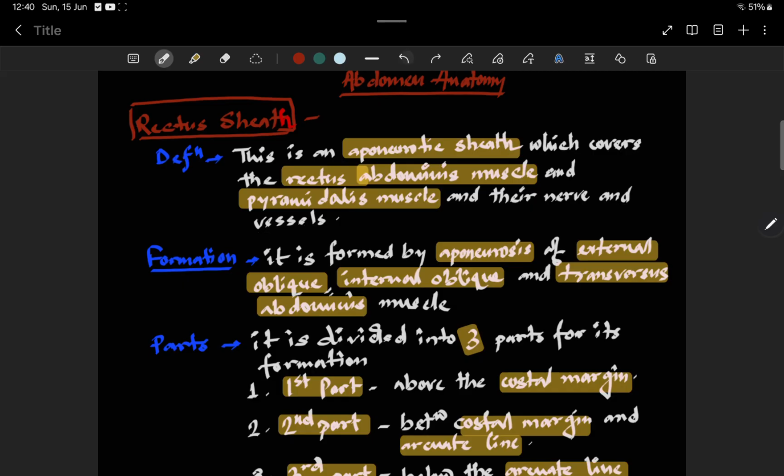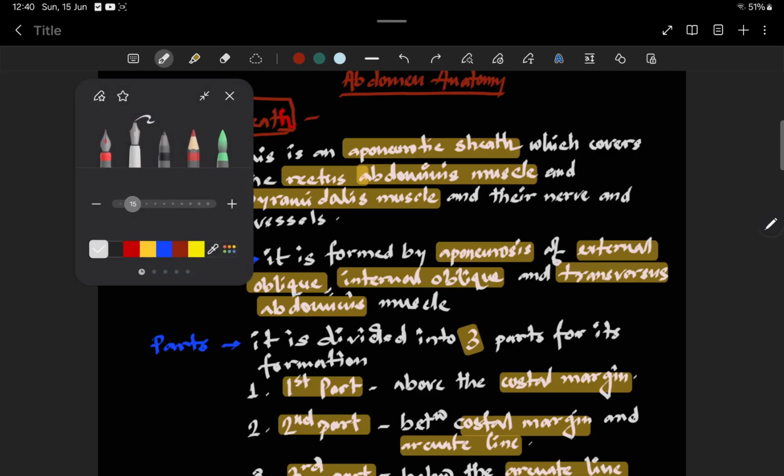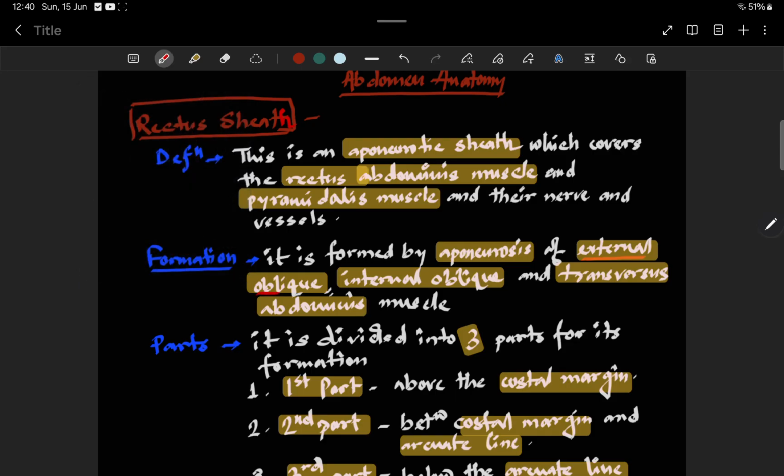Formation: it is formed by the aponeurosis of the external oblique muscle, internal oblique muscle, and transversus abdominis muscle. Okay,